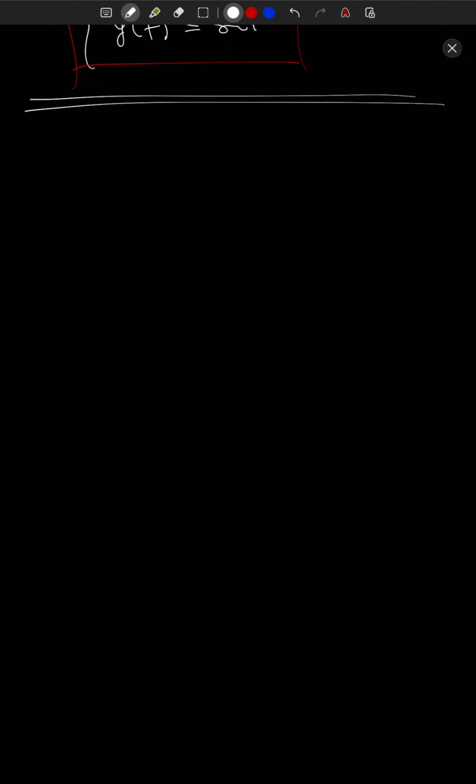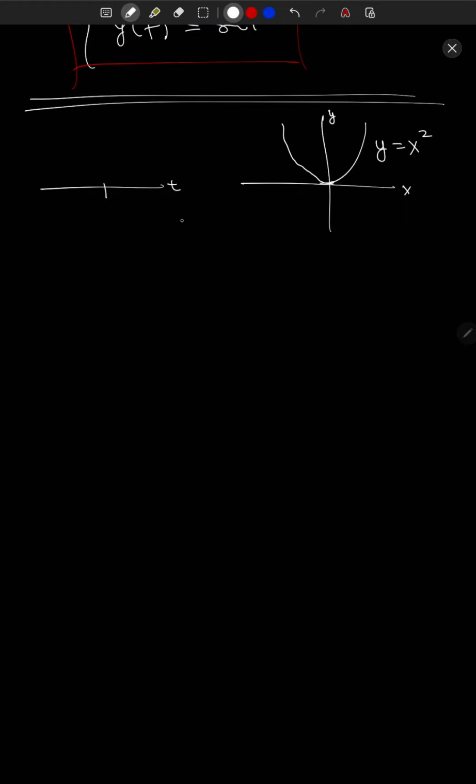Okay, so let's start with an example, a curve example, because we actually want to talk about a direct extension of that idea. So let's draw a curve. A parabola, y equals x squared. So this is again in x and y. When we talked about parameterization of curves, we had the t space. So this was t. If we wanted to parameterize something like a parabola, we would do something like, let me use the R notation again, R of t equals